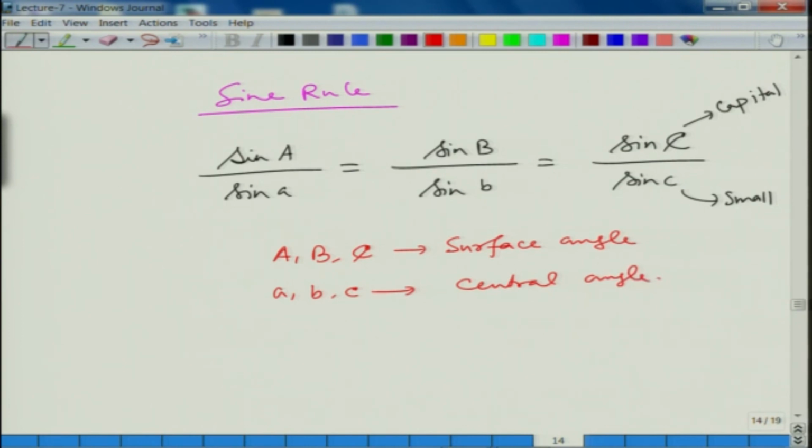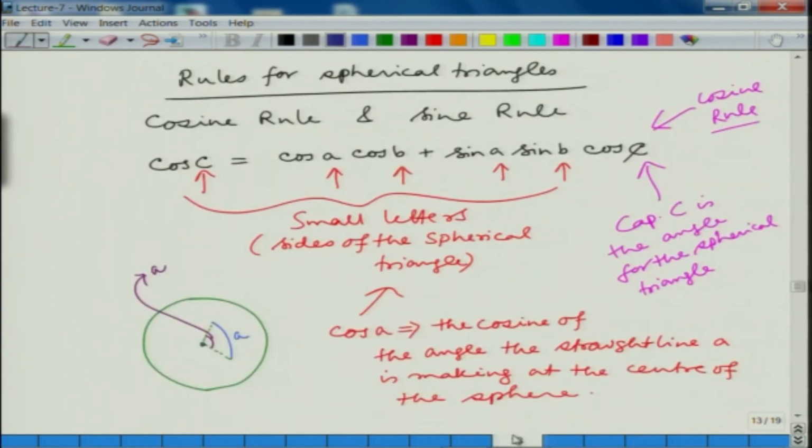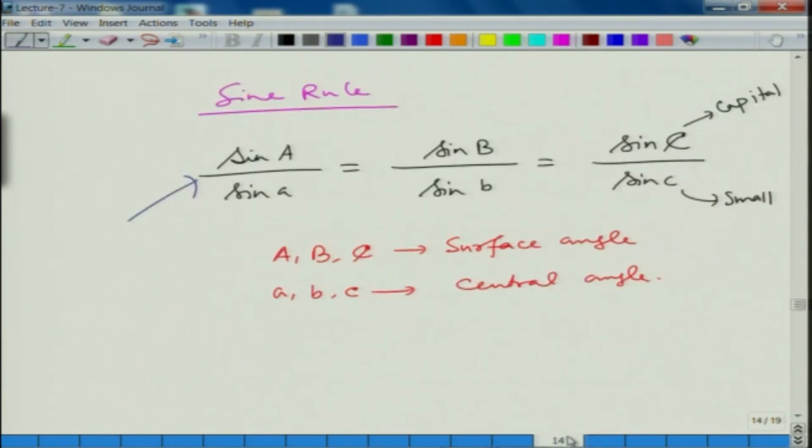Okay. So, these are the two rules that we are going to use. One is sine rule, the other one is this cosine rule. Okay. Now, let us see what we can get out of this mathematical detour. Okay. Now, let us go to the portion of